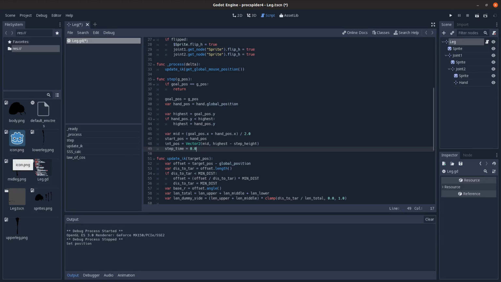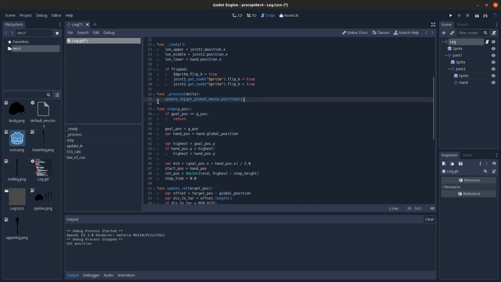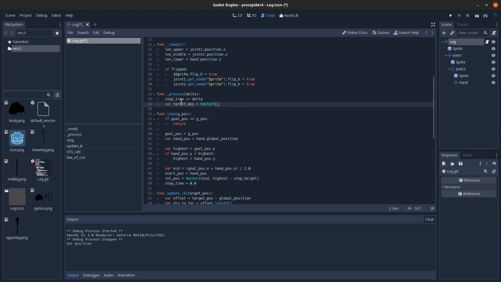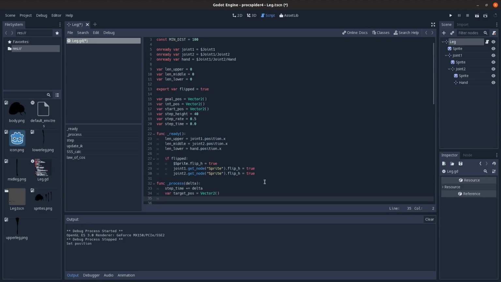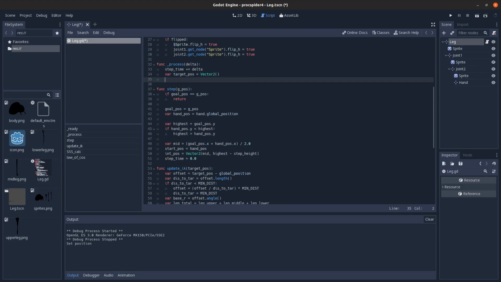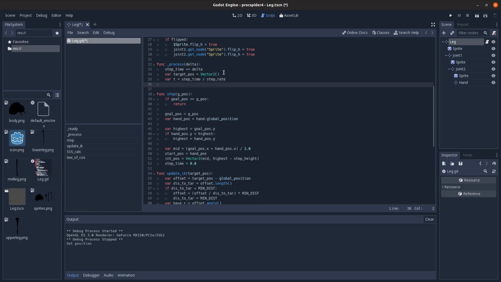And then for process, we need to clear that out and just go in step time, add the delta to it, target position, just set that to 0. And then go in here, and we're going to get how far we are through the step, which is just step time divided by step rate. That'll be a value of 0 to 1. And then we just check